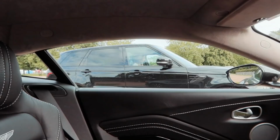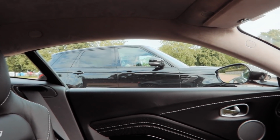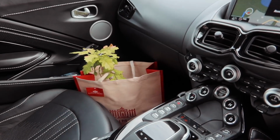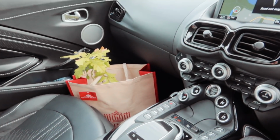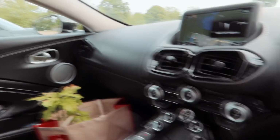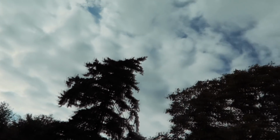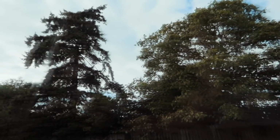Lovely. We both drove here this afternoon, so Lydia's taking the Rangy back. I'm in the Aston with my oak tree. And we've got an hour's drive, so we better get going. But hasn't it turned out to be such a lovely afternoon? I know it doesn't look it too much on the camera, but there's a lot more blue in the sky